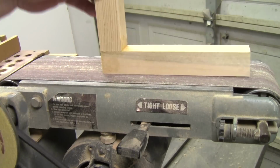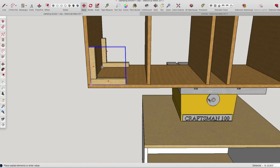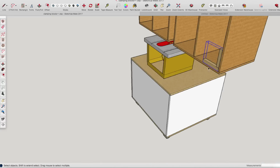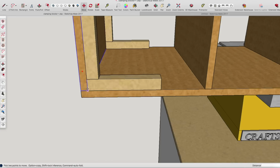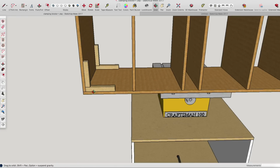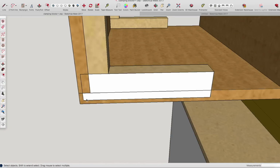These L brackets or right angle clamps will be able to hold my piece in position like here on my model. They'll keep it from moving while I screw it together. This is exactly what I want. But I think I can improve on the idea. It'll hold the piece flush with the edge. So I'm thinking if I add a